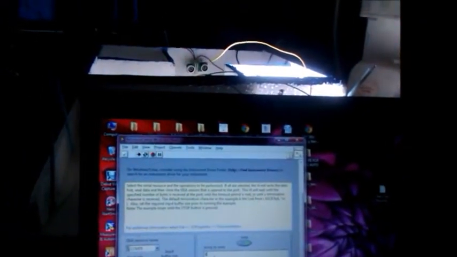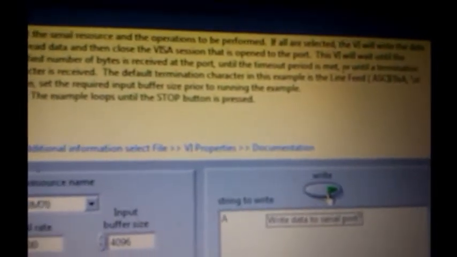Now we are going to see how we are controlling our environment by using the Arduino board. We just send serial data to the Arduino board by using the serial write property of LabVIEW. Here we are using some commands to control our home environment. Like if we give command A, we get the CFL light on. If we give command B, we get the CFL light off. We have set other commands for other control inputs.